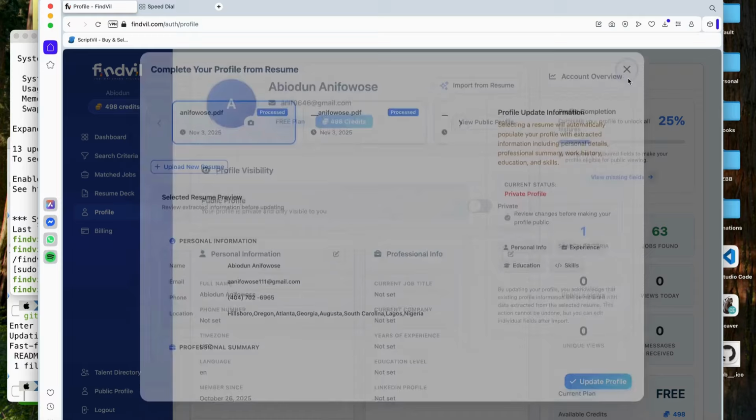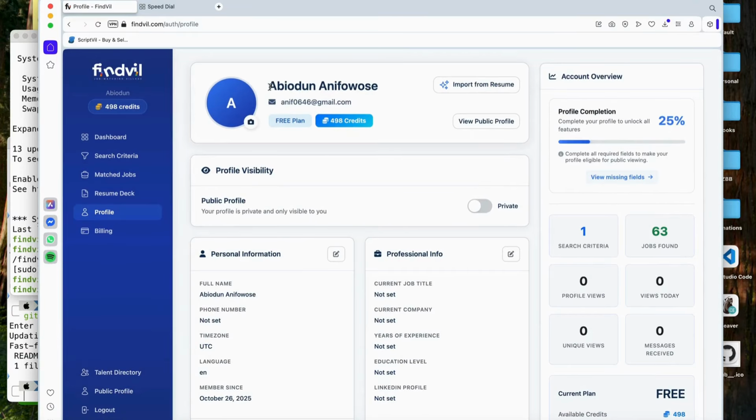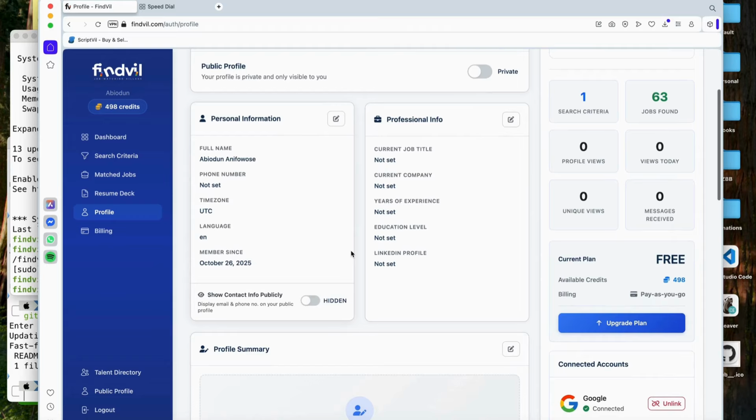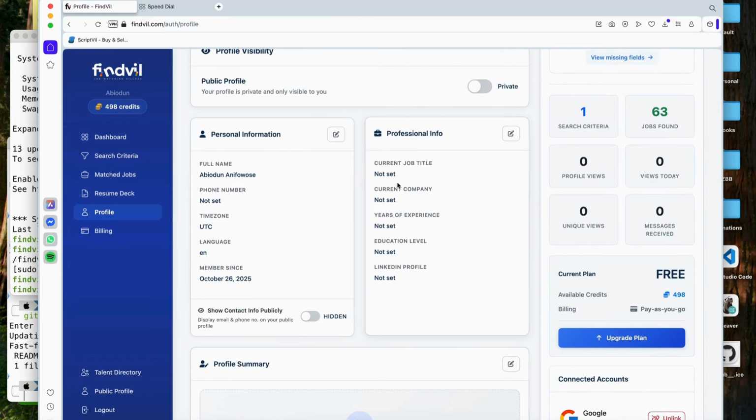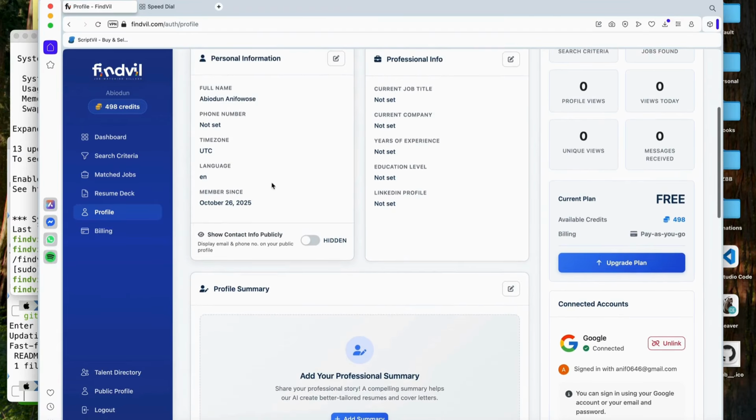So I'm going to have you notice something. As you can see, this is still sort of my name, right? But some things will definitely change. As you can see, nothing was set here, right? Nothing was set here. Everything here is based